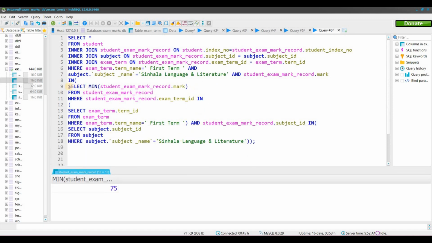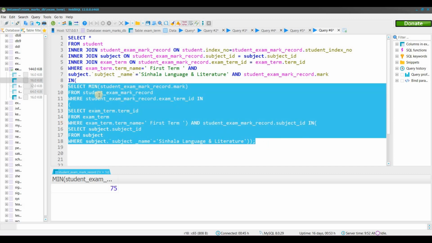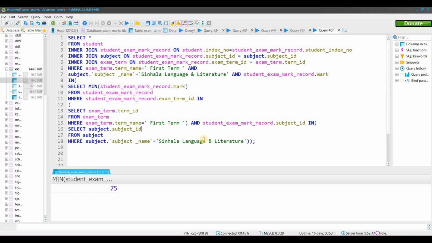Here in this part using subqueries, first I have get the minimum value obtained by the student for the first term Sinhala language and literature. For that I have used subqueries. So you can see first I have get the minimum value corresponding to the first term and the Sinhala language. Next, in this part